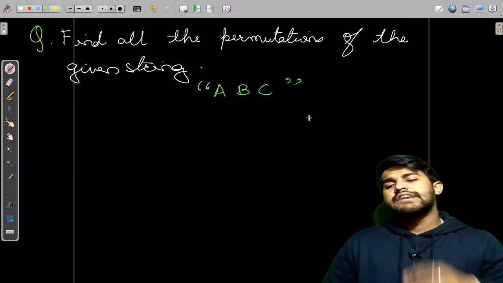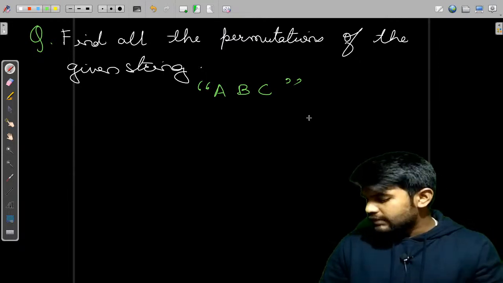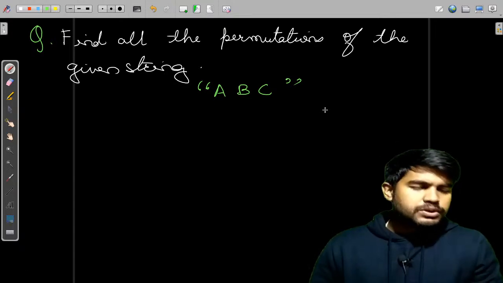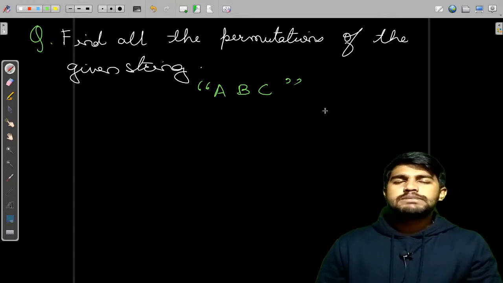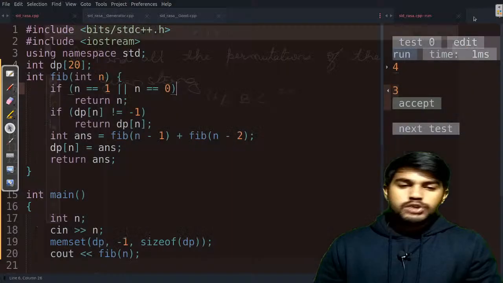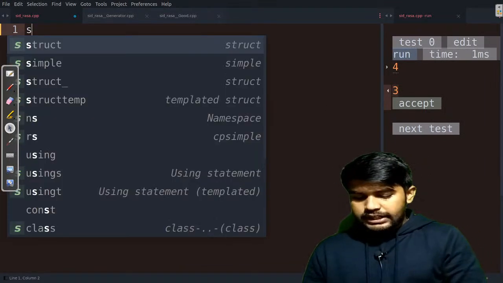So we are given an input string and you need to find all the permutations of the given string. If you are a C++ coder and well versed with the C++ STL, then you can solve this easily. Suppose this question appeared in an interview.